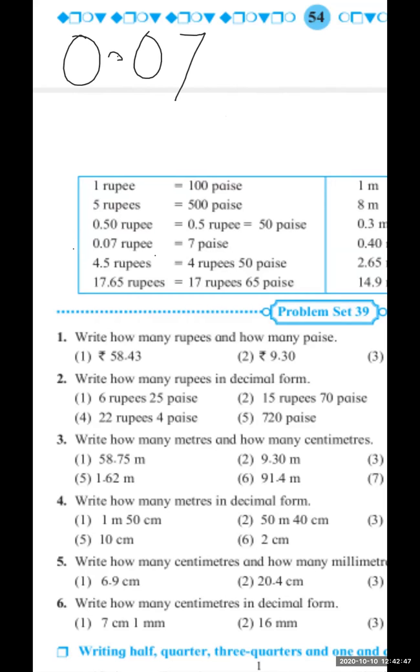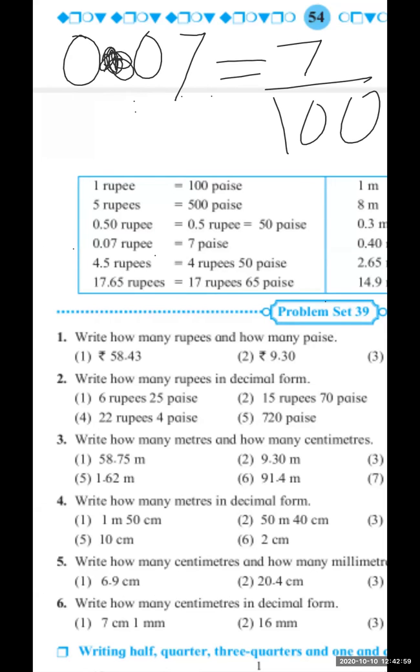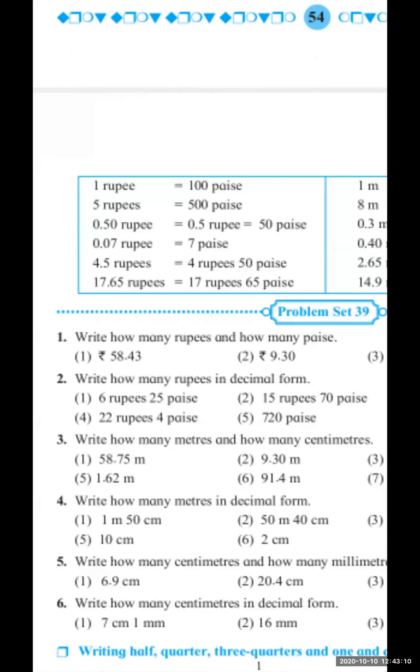0.07 rupees, इसका मतलब क्या? ये ऐसा कब आता है? डेसिमल पॉइंट के बाद अगर दो प्लेसेस है, जब 7/100 हो तभी. करेक्ट ना? तभी आएगा ना ये आंसर. मीन्स व्हाट? आउट ऑफ 100 पैसे, 7 पैसे आर देयर. मतलब 7 पैसे. 0.07 मतलब क्या कि 7 पैसे. समझ में आ रहा है आप सबको?